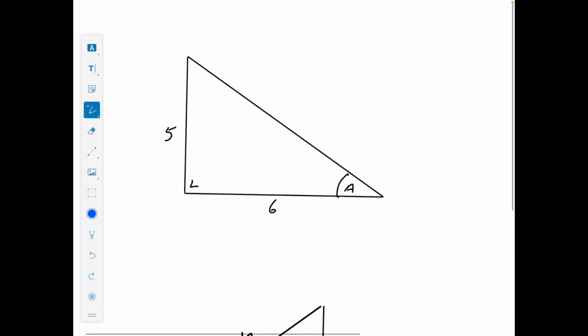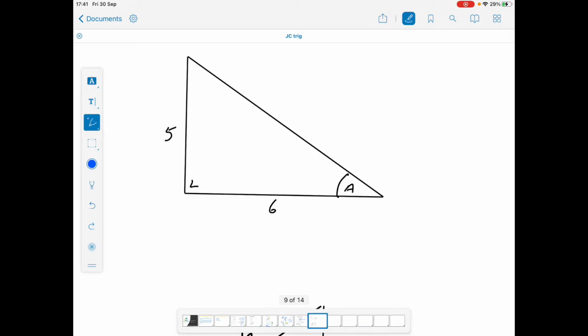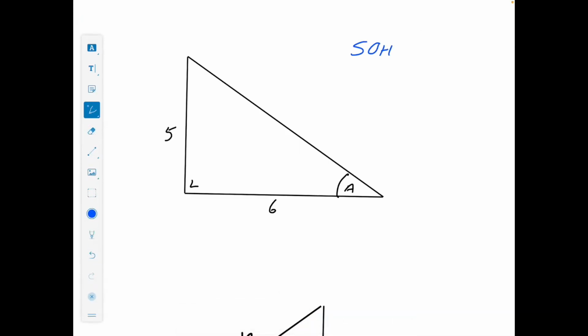Okay, so here I'm given a right angle triangle. My thought process goes to Pythagoras or SOHCAHTOA. I'm not looking for a missing side, I'm looking for a missing angle, so it has to be SOHCAHTOA. Okay, I'm going to label my sides. So this is my hypotenuse, because it's always opposite my right angle. And then the angle in question here is A, so this is my opposite to that angle. And then this is my